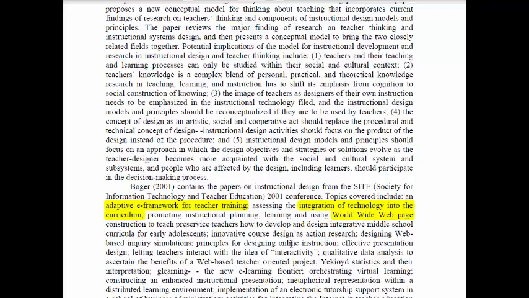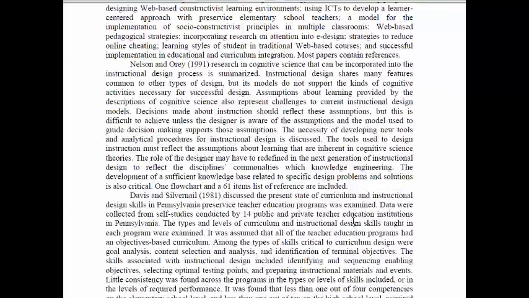Topics covered included an adapted E-framework for teacher training. E-framework, see, using technology and instructional design to help train teachers on whatever packet you want them to learn. Integration of technology into the curriculum, the World Wide Web, of course. So we're seeing a big element of that. As we scroll down,